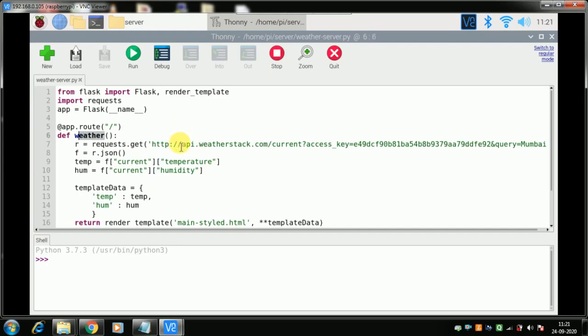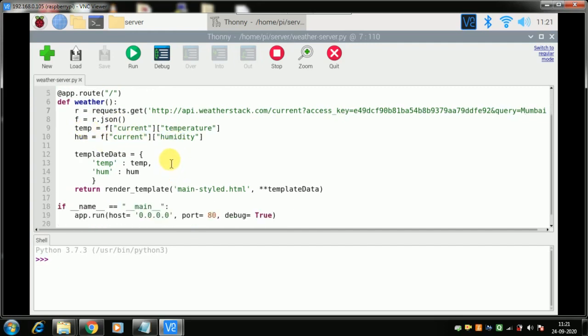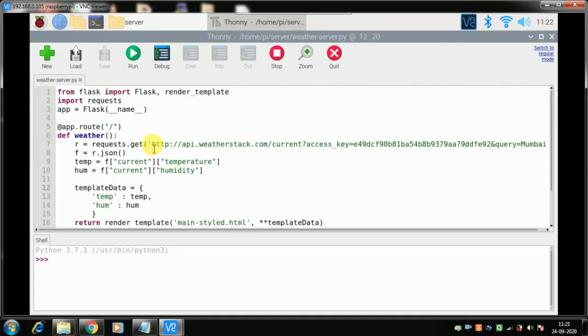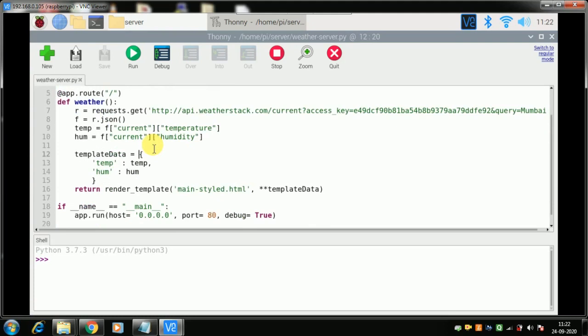What it is doing is asking the same server for information of the Mumbai location, and whatever it is getting in r.json, I am now parsing it into JSON data. I should have told this earlier also. And then temperature and humidity we are getting out similarly. Now the thing is, we need to serve an HTML, right? Not only print on the screen here. Flask has a way to create HTML. I'll show you that first.